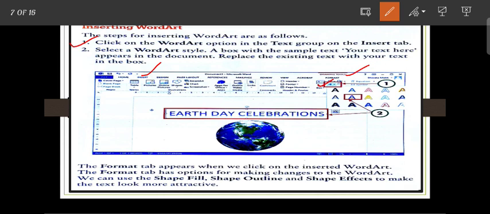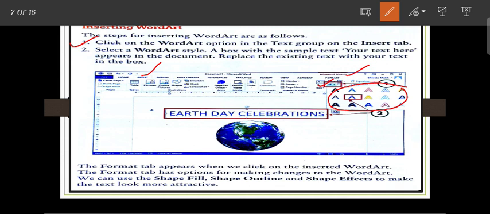After clicking the WordArt option, there are different types of word styles available here, and you need to choose as per your choice or requirement.